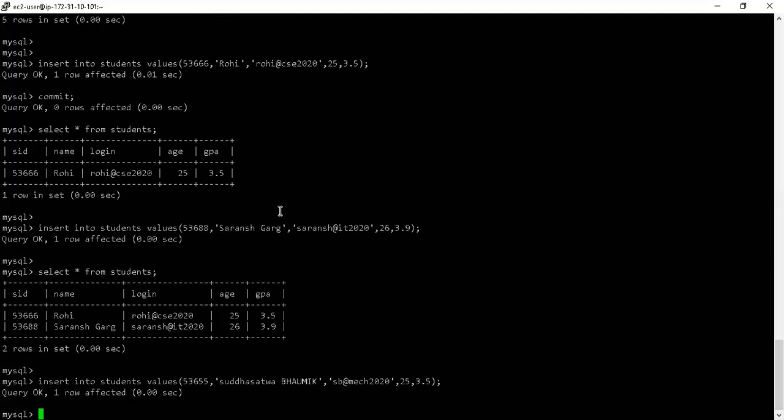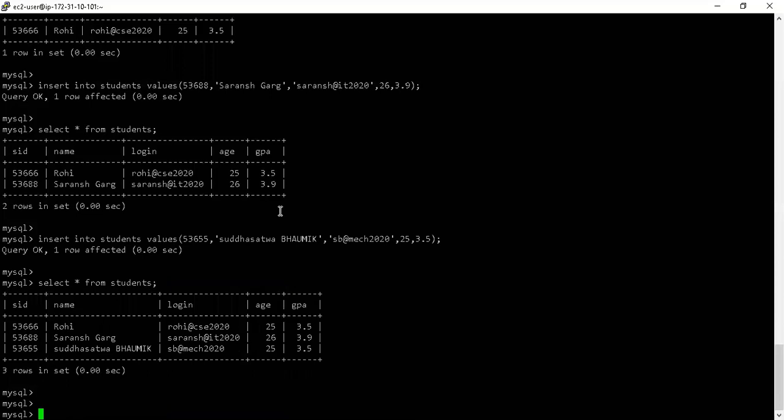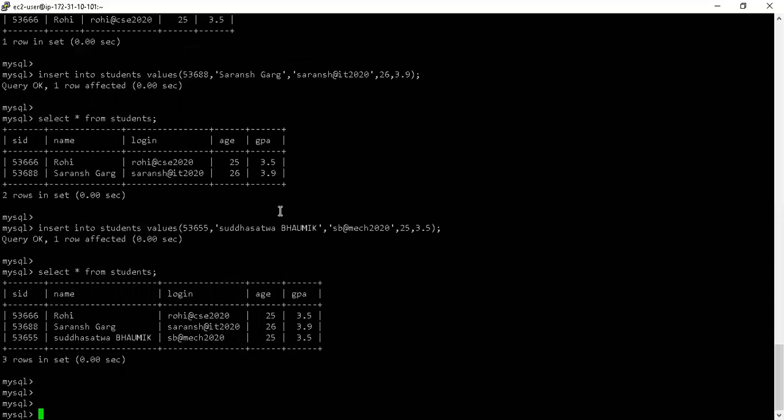So what I have done now, again, a very intelligent thing. First name and last name are entered. First name is in lower case, last name is in full upper case. Again, if this is a problem for you, you have to fix it. You have to use functions, which we are going to see, to fix it. So the students table is done. Maybe we can stop here with the students table.